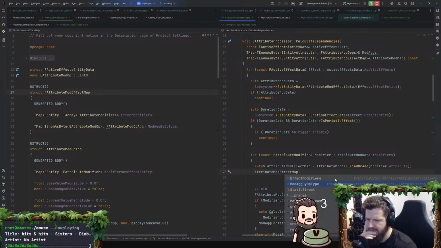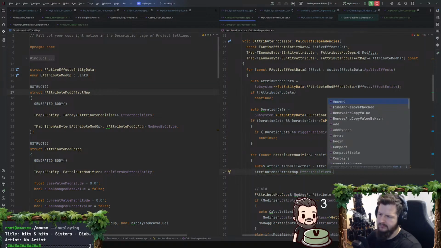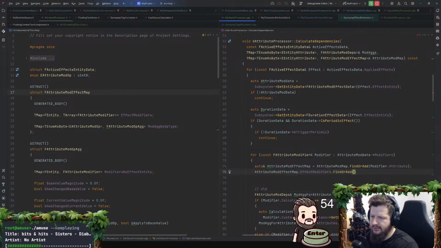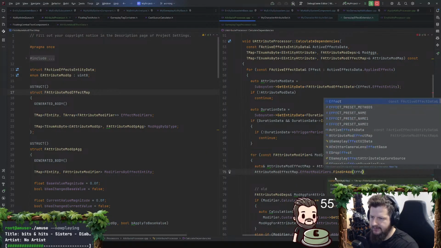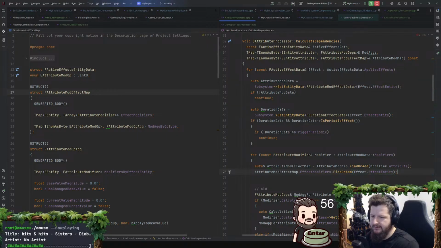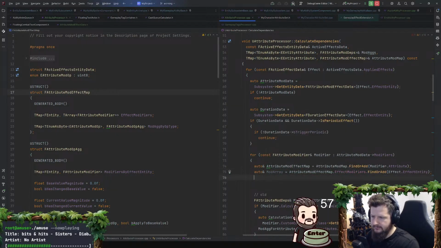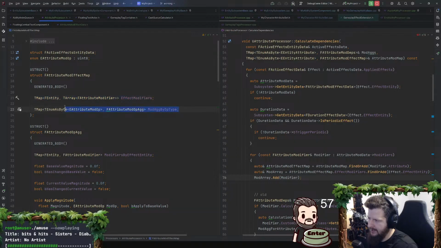I think we do another find or add by effect dot effect entity here. This is an array, a mod array, and we add that modifier in there. So that is building that list.